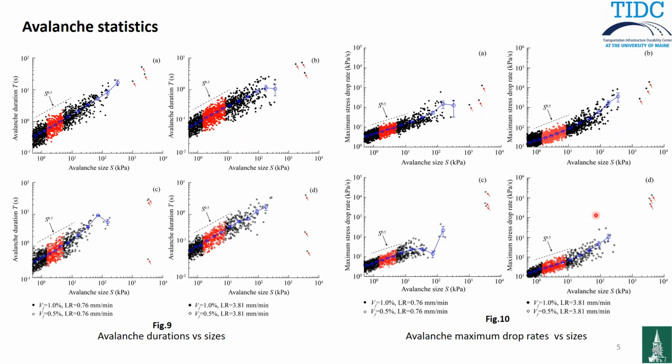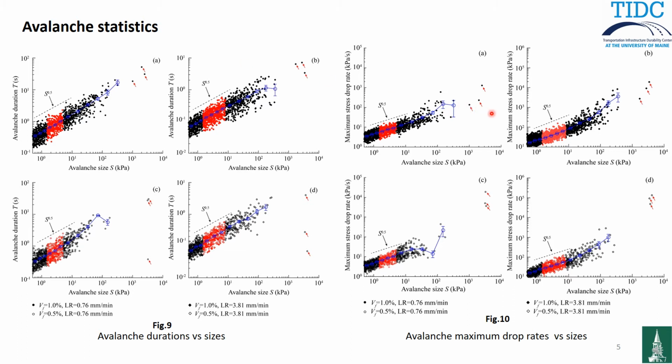So then what we do here is we put together the avalanche size with the duration, where each individual dot is one avalanche. You will see that there's a scaling region here, and this blue line is the mean field line, which agrees with the prediction from the mean field theory pretty well. And interestingly, if you look at the highest part here, there are three avalanches. These three avalanches happened at the fracture of the bottom concrete during bending, so they have much larger size and duration than the rest of the avalanches.